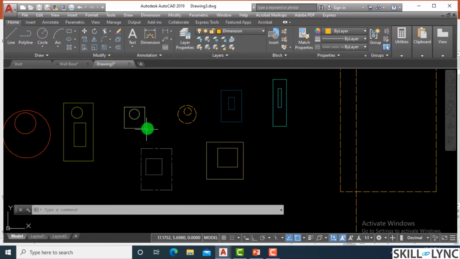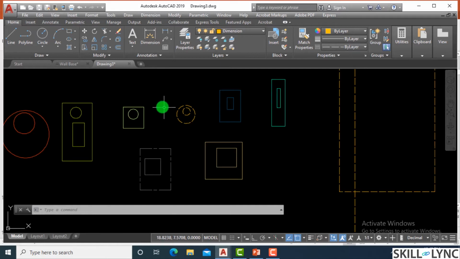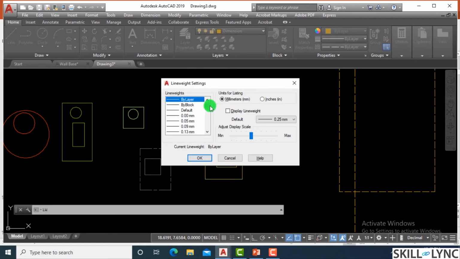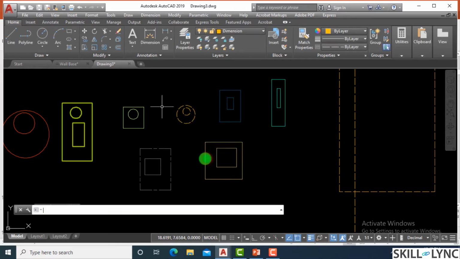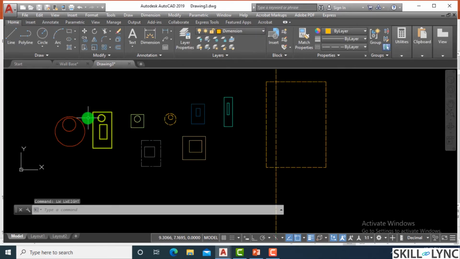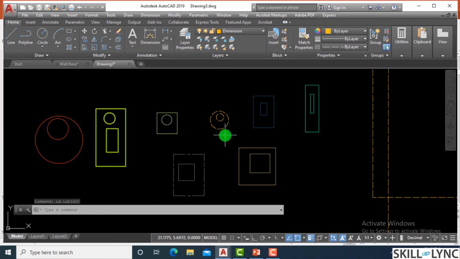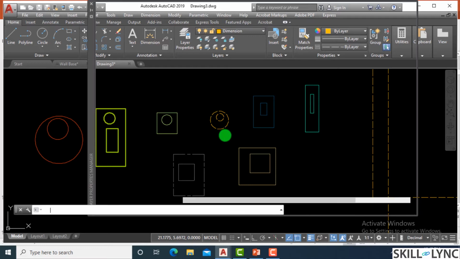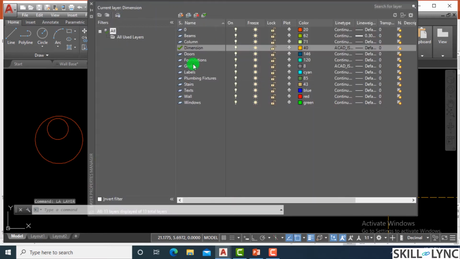Now the line weight is not visible right now because the line weight command is disabled, because there is an option by which you can see the line weights of an object in a drawing. So there is a command called LW. So if you say display line weight, okay, so you can see the line weight is now displayed, right? So we will talk about the relevance of line weight later, but here we are talking about the layers. Now let's say for the foundation,